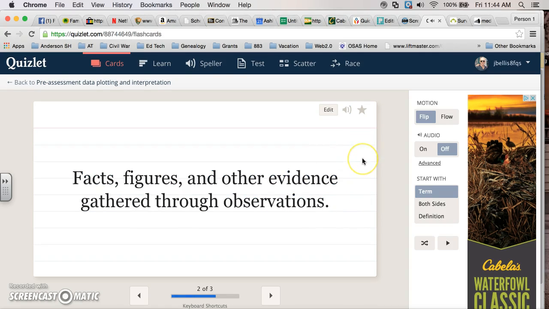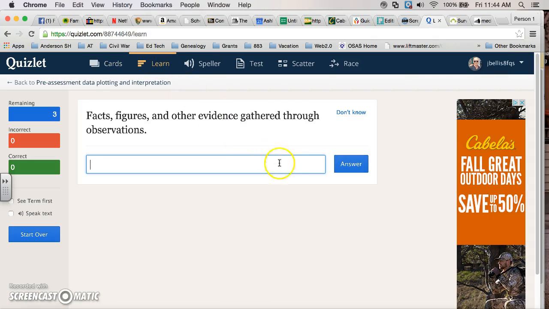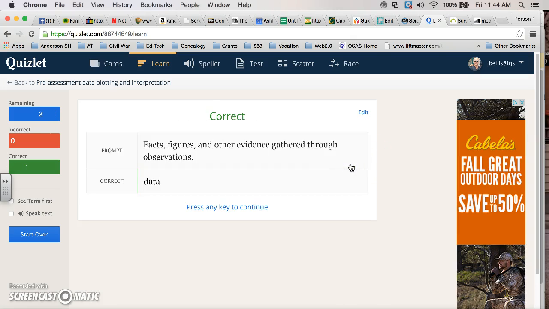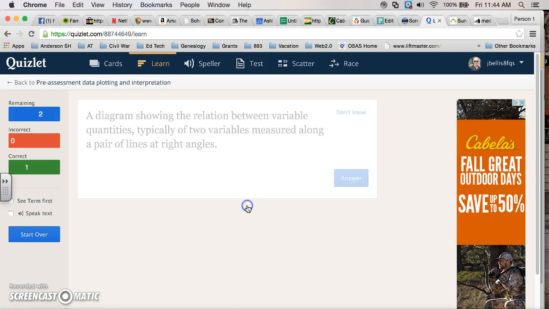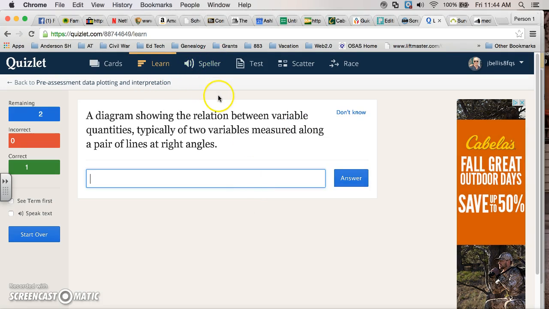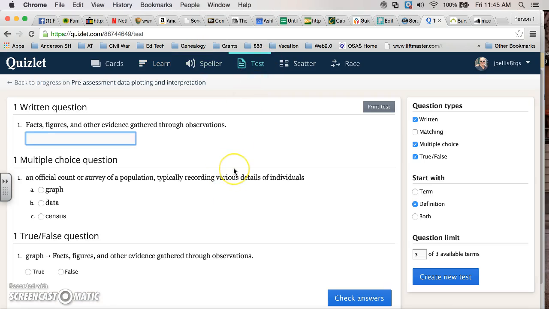Okay, so let's say we get through that, right? And I want to hit learn there, right? So I can type in the answers, right? Facts, figures, and other evidence gathered through observation. So type in data, and there we go. Correct. Press any key to continue. You've got speller and you've got test. So if I test this here,